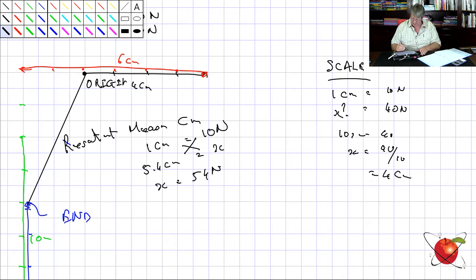And if I need the angle, all right? So what do I do? I measure angle theta with a protractor, and I'm going to get 70 degrees on the measurement. Now, what you can do is do this with components, and when we've done the components, the exact answers